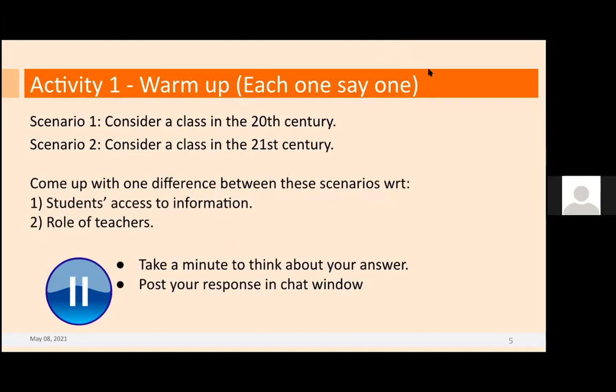Hello, sir. The teacher is like a mentor now. If you compare the 20th and 21st century, mentoring is very much necessary. In the last century there was a need to teach students in great detail.